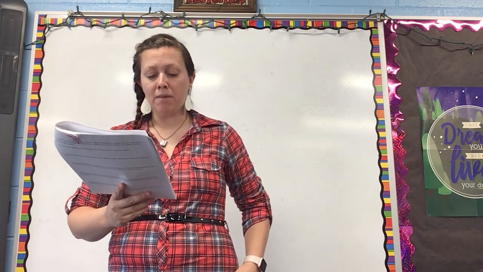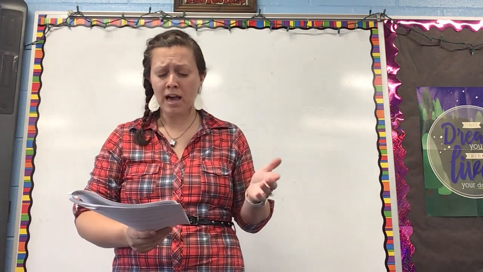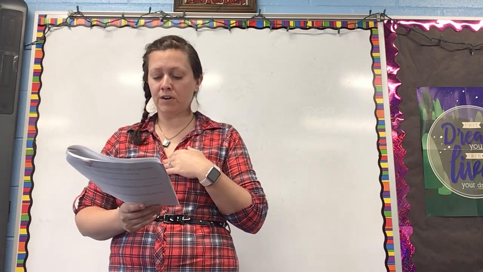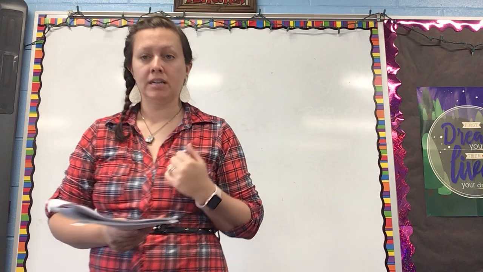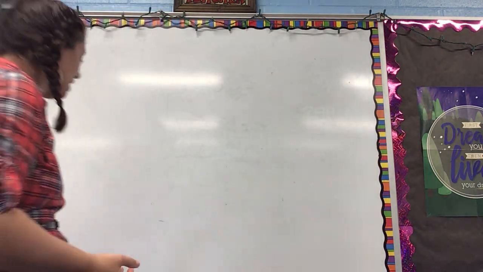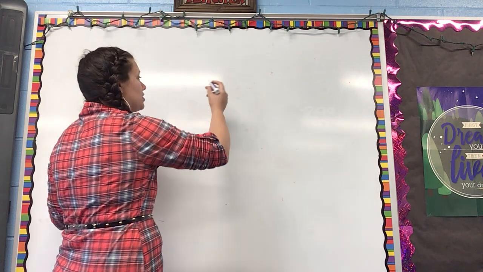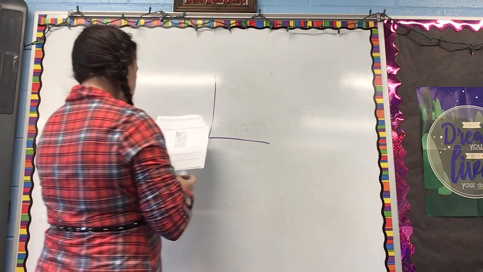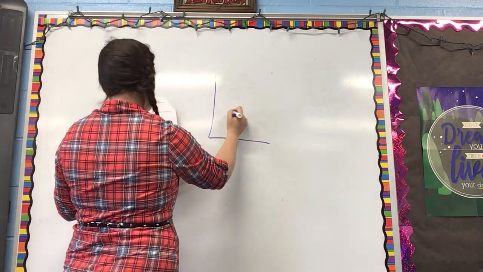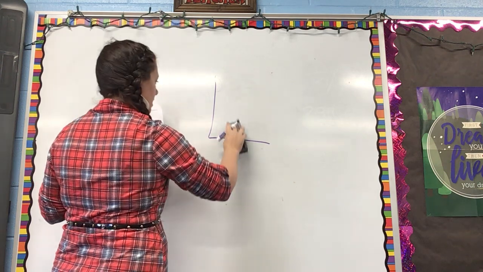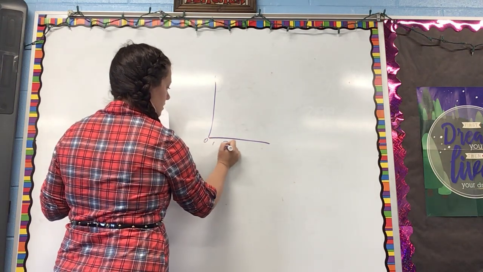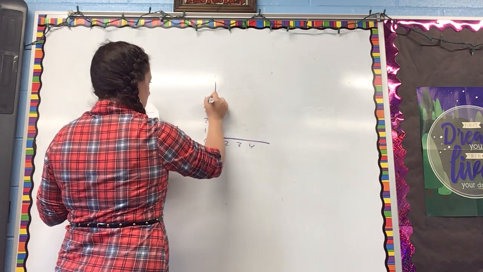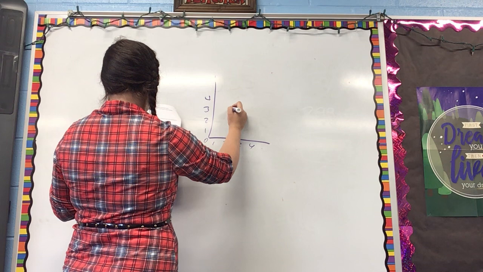Very good. On the bottom there, our last one for today. Without actually graphing the points (2, 3), (2, 6), and (2, 1), will the graph result in a horizontal, diagonal, or vertical line? Now, ladies and gentlemen, it says without actually graphing it. If you need to kind of draw yourself a little sketch, okay, to kind of see, so I see (2, 3) would be about here. Oh, here, I'll even put some numbers. Okay, so (2, 3), (2, 6),